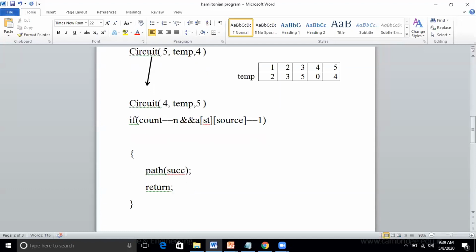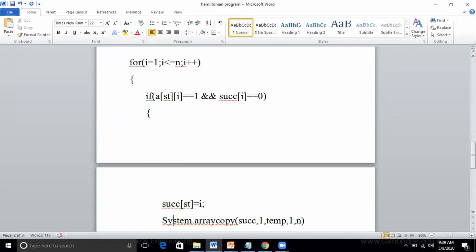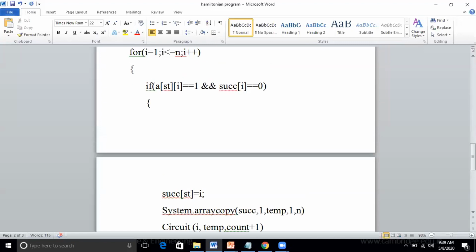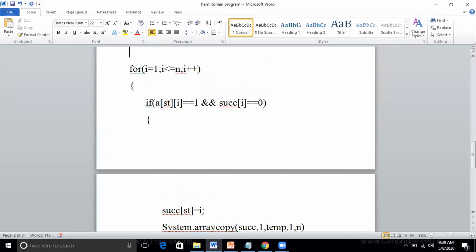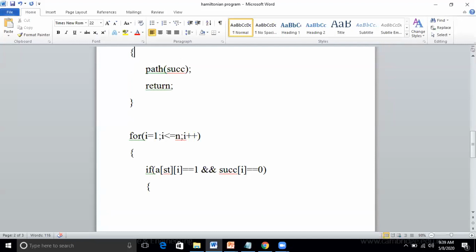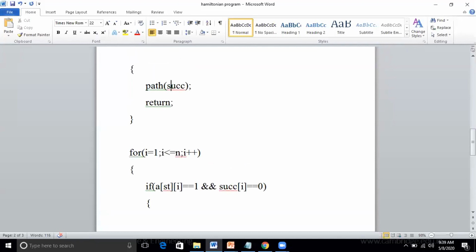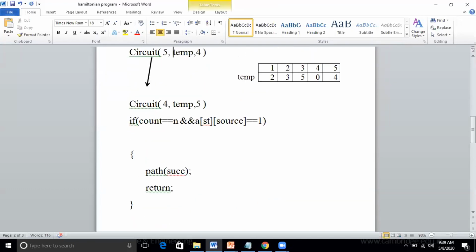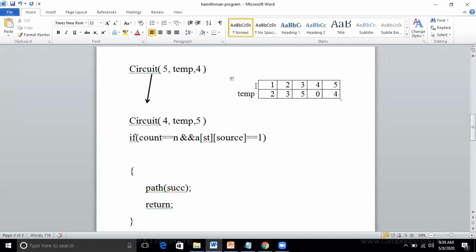If count is not equal to n, I will perform this operation. This recursive call I will compute. Hope you have understood this code, isn't it? Yes. Shall we go how to print the path? Yes, sir. For that, I will copy this array because this is the last array we got.